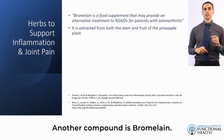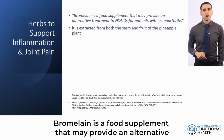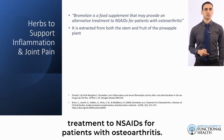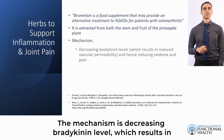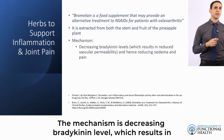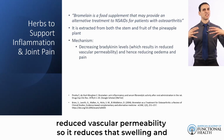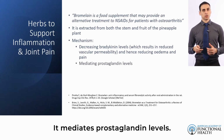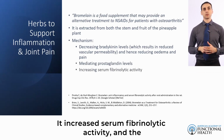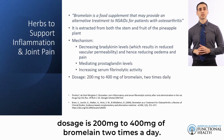Another compound is bromelain. Here's a direct citation. Bromelain is a food supplement that may provide an alternative treatment to NSAIDs for patients with osteoarthritis. It is extracted both from the stem and the fruit of the pineapple plant. The mechanism is decreasing bradykinin level, which results in reduced vascular permeability, so it reduces that swelling and edema and pain. It mediates prostaglandin levels. It increases serum fibrinolytic activity, and the dosage is 200 milligrams to 400 milligrams of bromelain